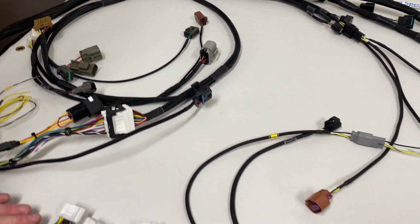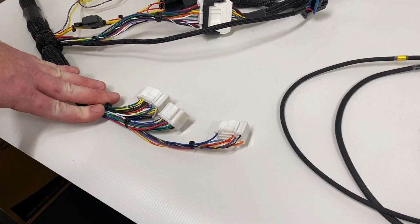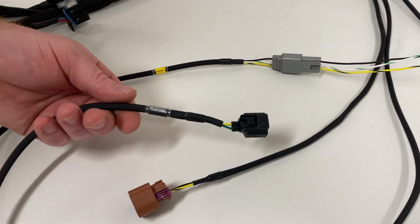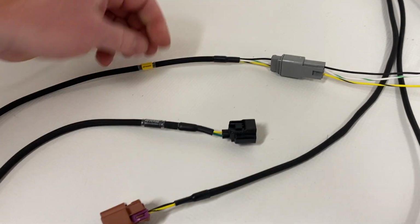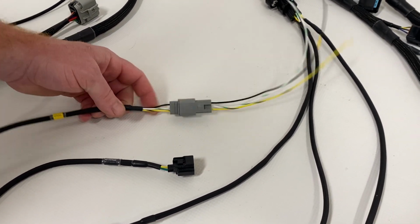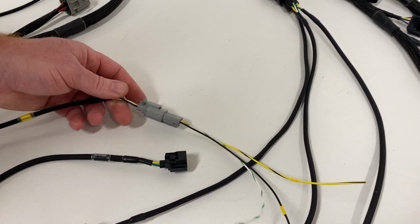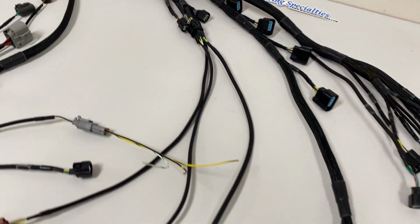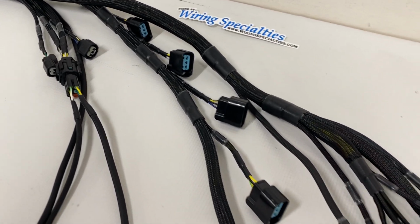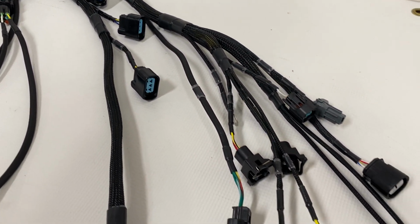Boost control gets pinned directly into the ECU, and this customer is actually using a CD009, so we've given them their reverse switch, and I gave them a Hall effect style speed sensor connection so they can run it on their drive shaft. Other than that, you can see the coils are integrated into the harness, and it's a pretty